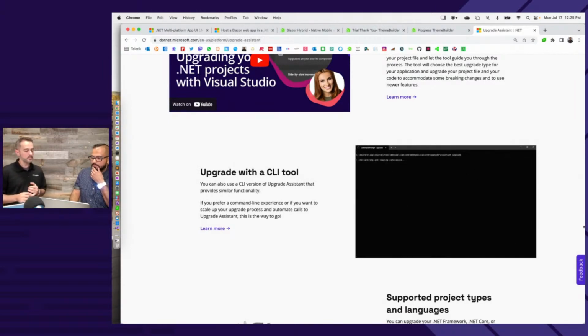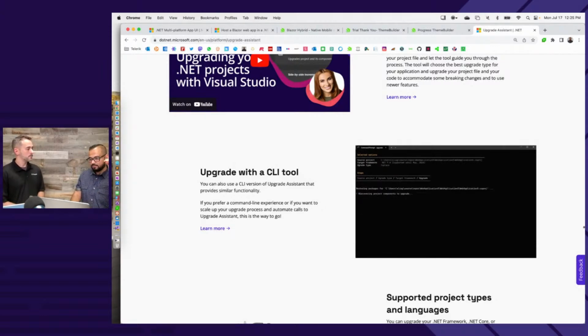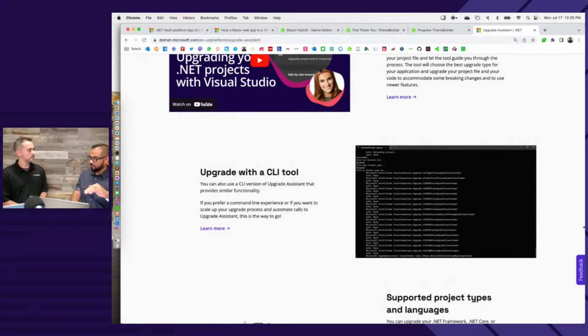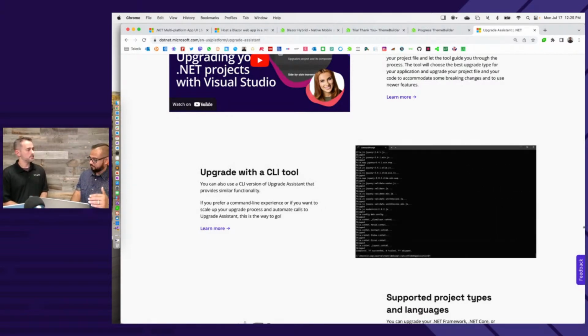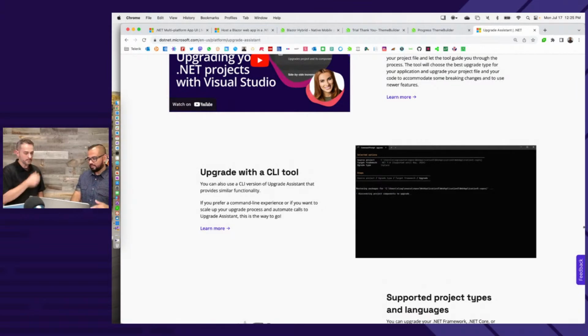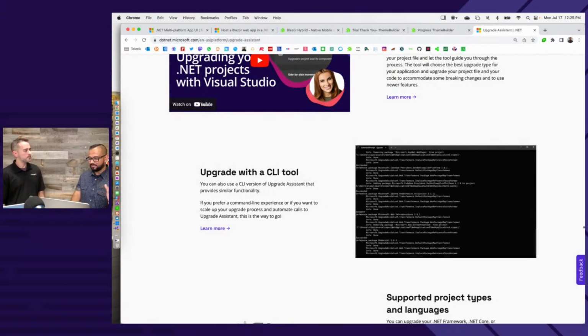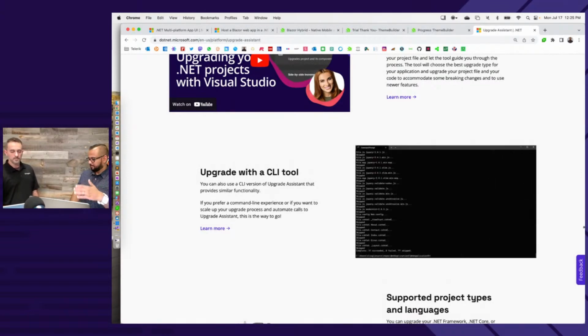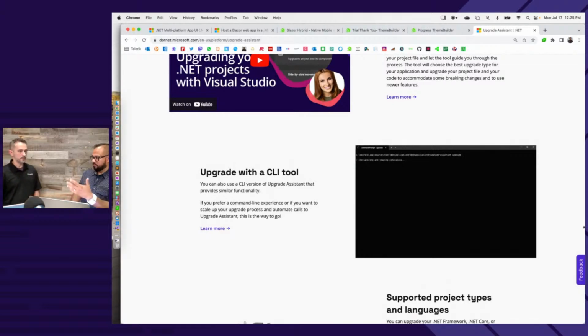One thing I will say is both the Upgrade Assistant, be it in command line mode or in Visual Studio, it tells you, you can let it rip by itself where it's not interactive at all, or it'll stop you every step of the way to say, should I take a backup of your project? Should I do this to your project? It's going to ask you every step. Yeah. And if you're confident and it doesn't really mess up your project that bad, because they are careful not to change everything up without telling you, then you can skip some of the things that it's doing just to be safe.